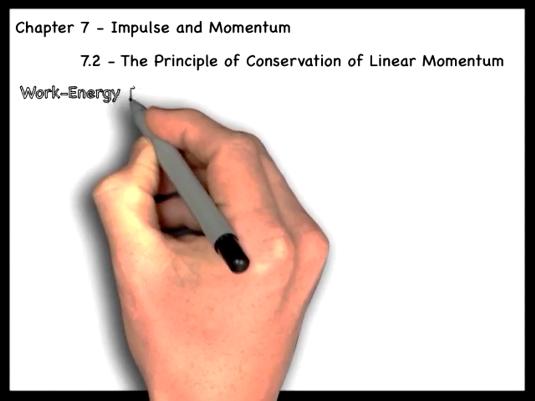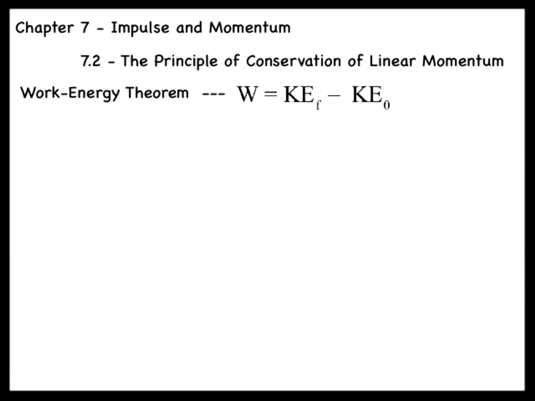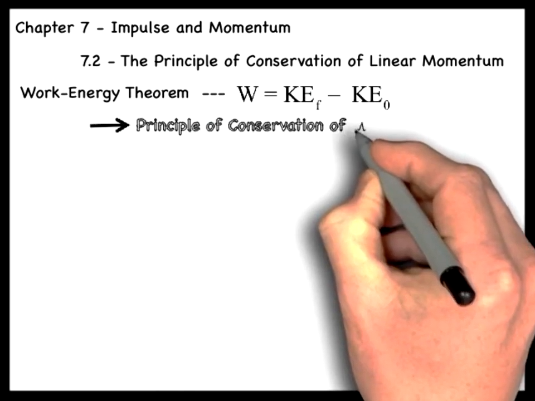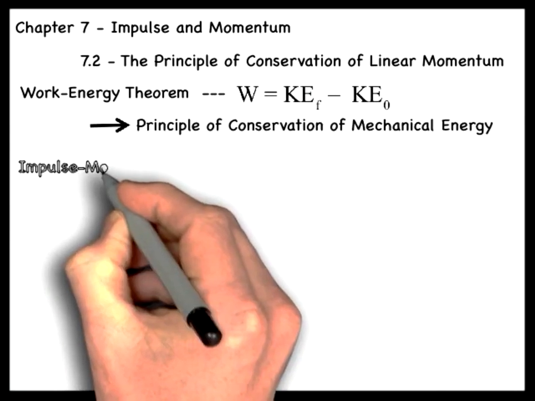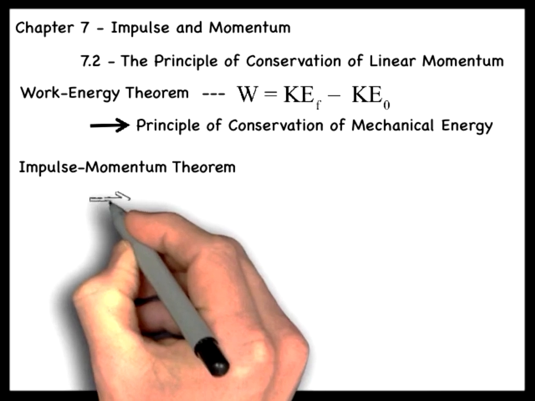In Chapter 6, we showed that the work done on an object by a net external force was equal to the change in the object's kinetic energy. The work-energy theorem led directly to the principle of conservation of mechanical energy. Now we want to show that the impulse-momentum theorem also leads to a conservation principle, known as the conservation of